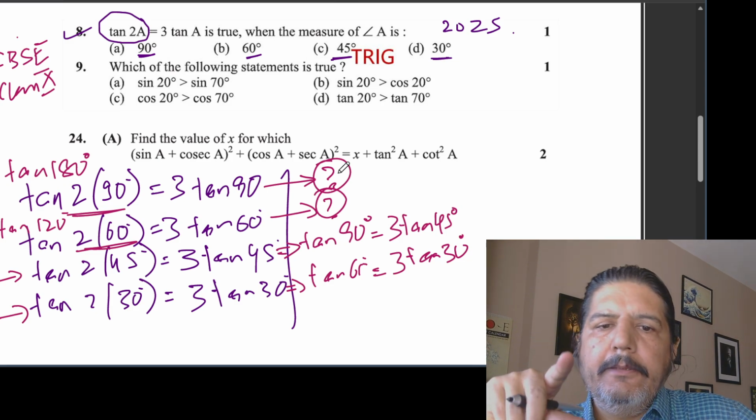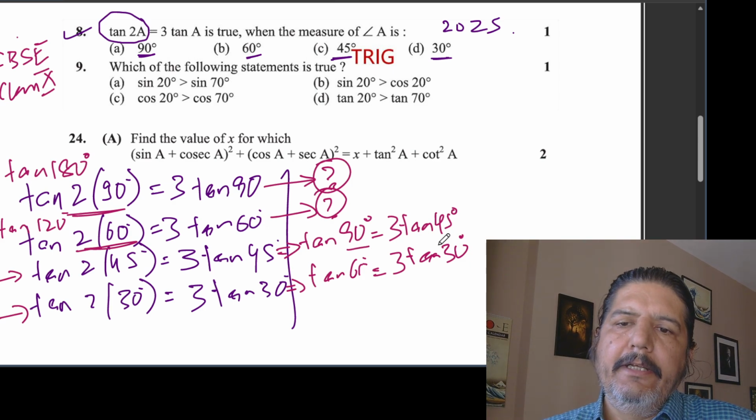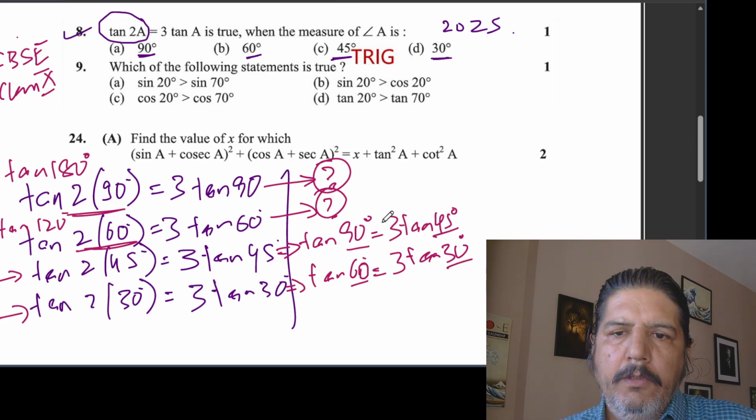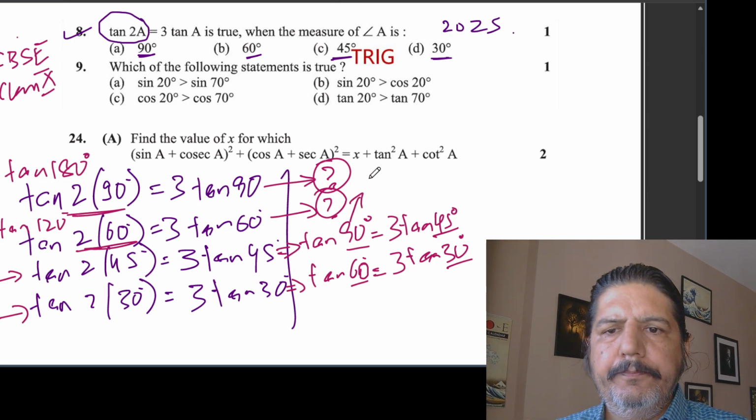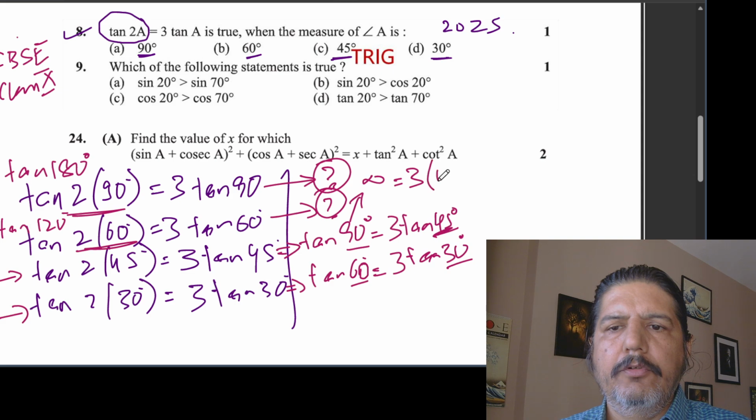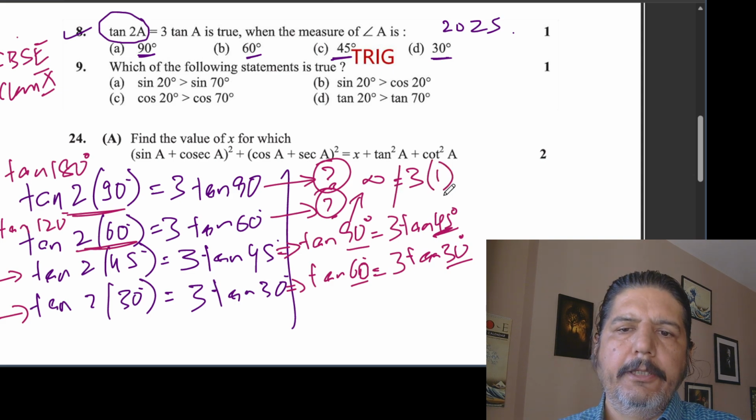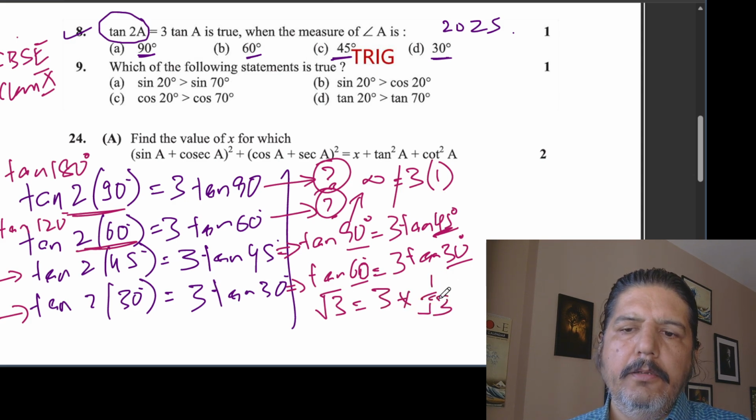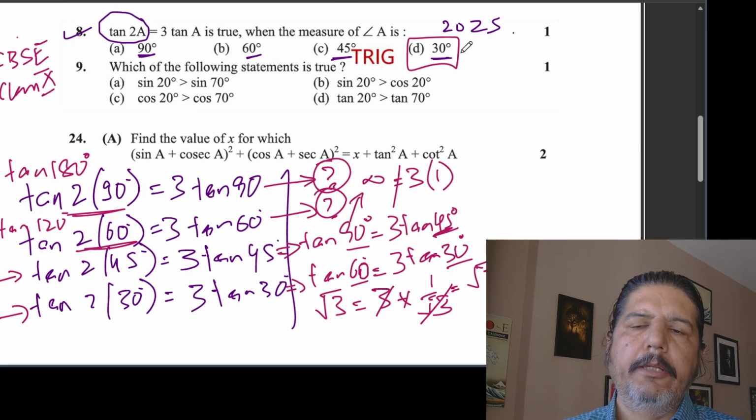When I look at part C, I'm aware of the values for 90 degrees, 45 degrees, 60 degrees and 30 degrees. Now tan 90 I know is infinity, and tan 45 degrees is 1, so infinity is not equal to 3. But if I look at part D, tan 60 degrees I know is root 3, and this is 1 upon root 3, and root 3 and 3 cancel and I get root 3. So my answer would be part D.